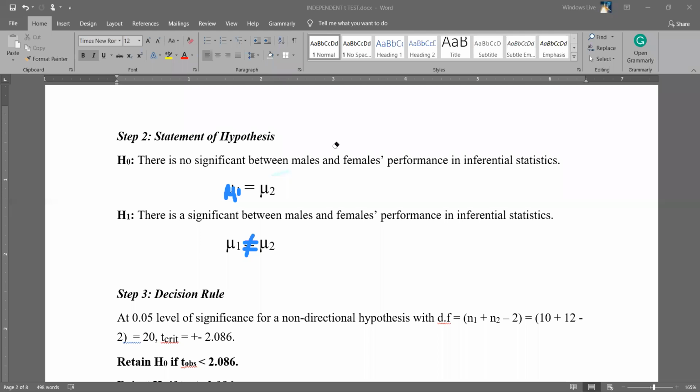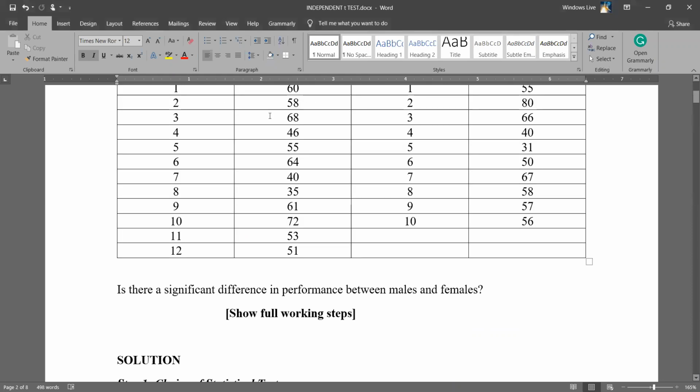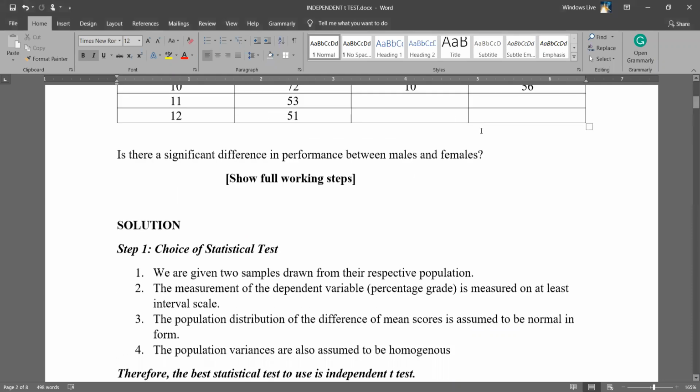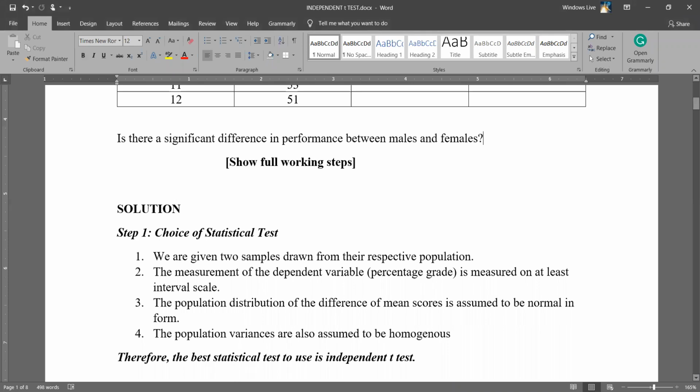Within the question, it can be posed in such a way that it wouldn't be non-directional, but this time around, it could be what? Directional. They can pose the question in such a way that the hypothesis will be directional or one-tailed. So they could have posed it like, okay,